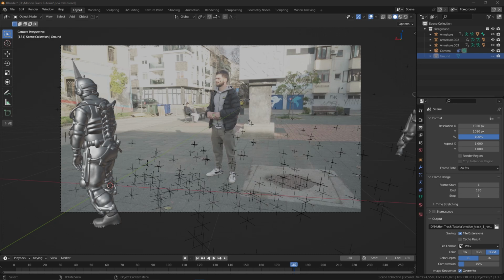That would be all for this basic introduction to Blender's motion tracking system. I think we pretty much covered all the important stuff, and if you want a more advanced motion tracking tutorial,